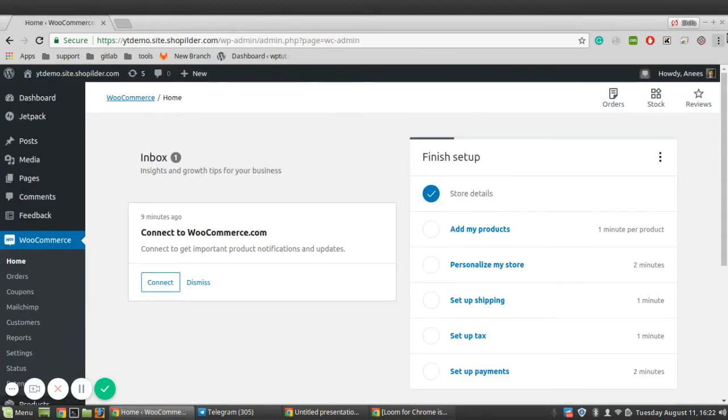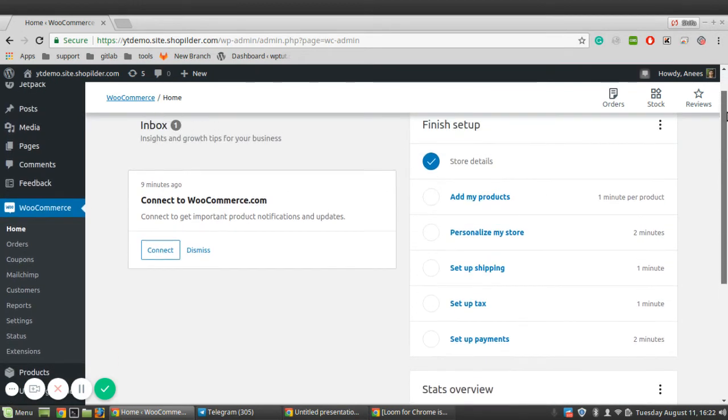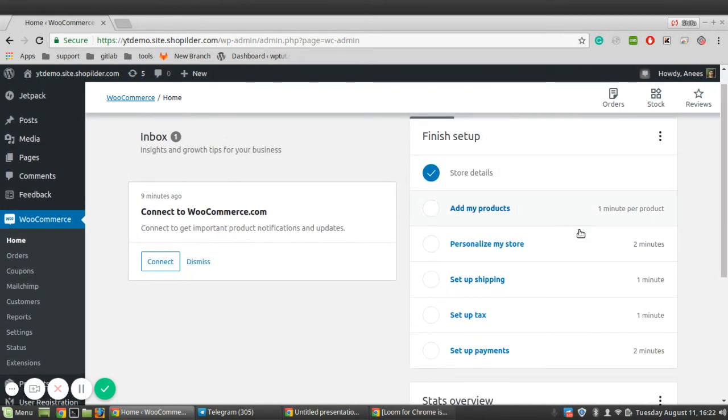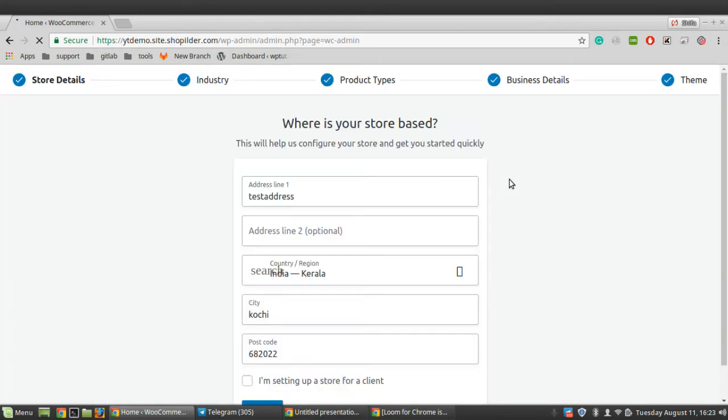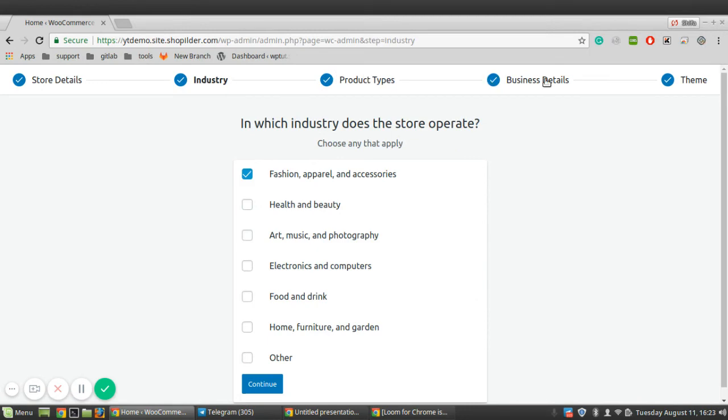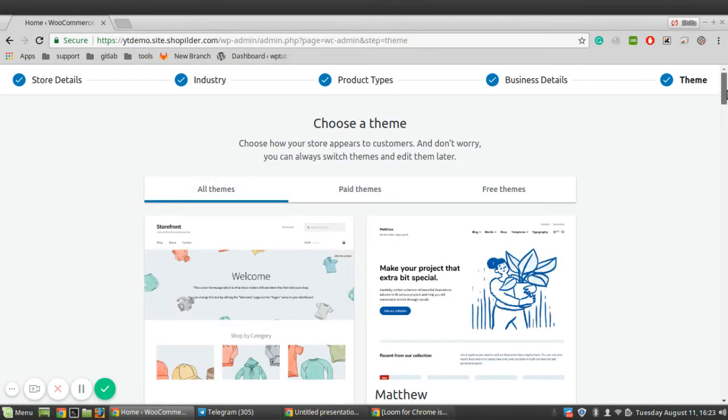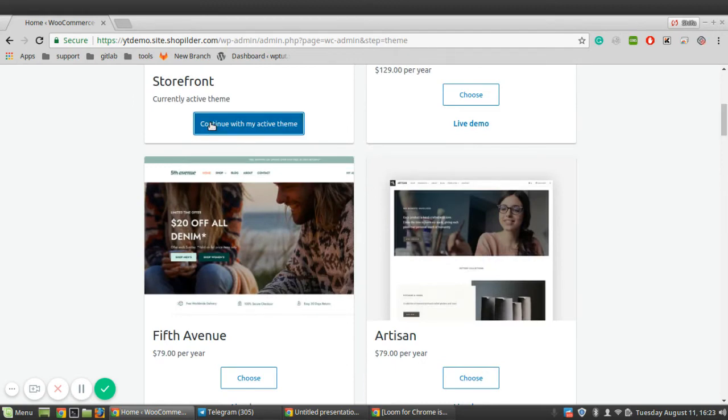Now we are on the WooCommerce home. Here you can see the other options for finishing your setup, such as store details, add my products, personalize my store, set up shipping, set up tax, and set up payments. The store details, which we have already set up, once you click on it, you will see that it will take you to the steps which we have already gone through. That is store details, industry, product types, business details, which we already have filled. So just continue